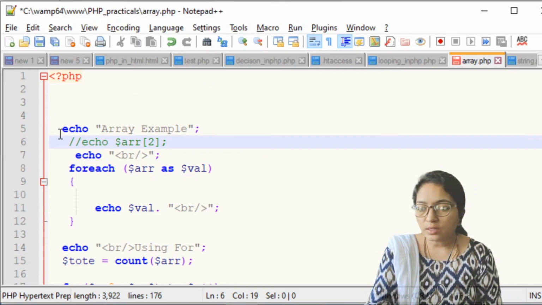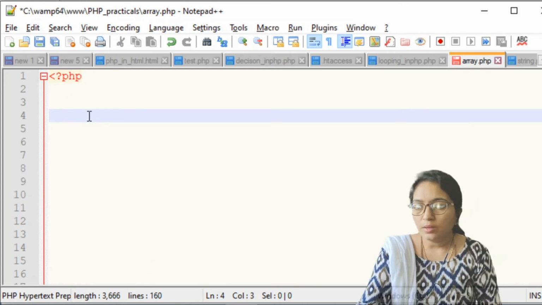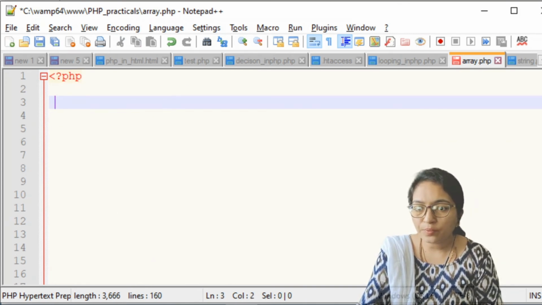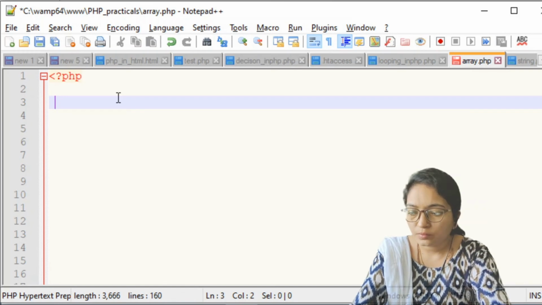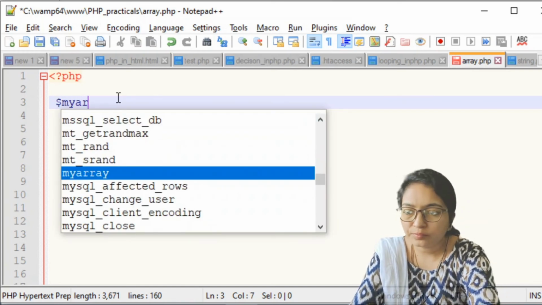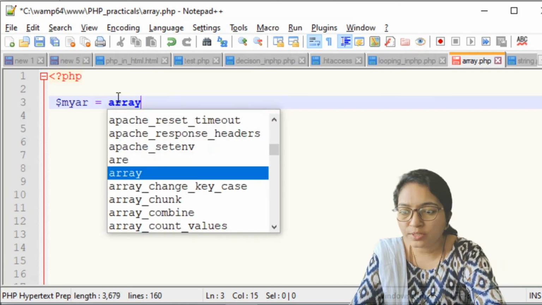Okay, now let's continue. First of all, delete all this. Now just create an associative array. $my_array is equal to, again you have to use the array function.